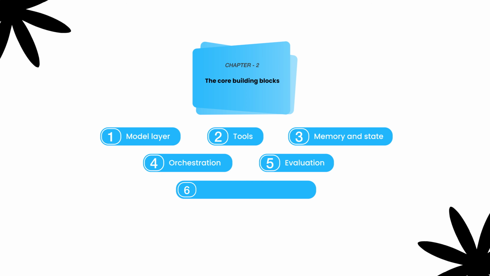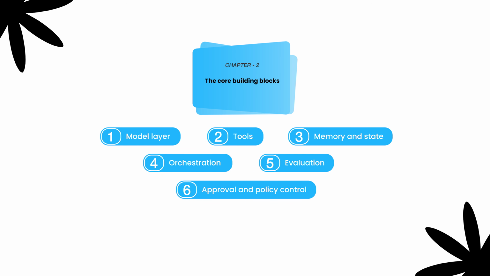Now, the next building block is approval and policy control. Not every action needs human approval, but high impact actions should have gates. Sending an email, deleting data, issuing a refund, cancelling an appointment, changing your billing, updating a CRM record, running code, placing an order, or making a financial transaction should not happen just because the model inferred the intent. It should always have a human in the loop.